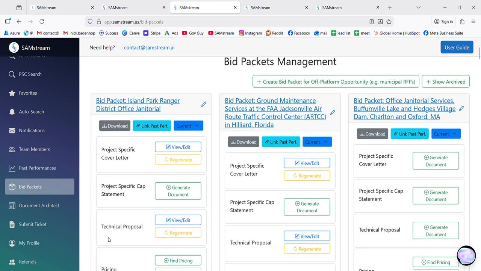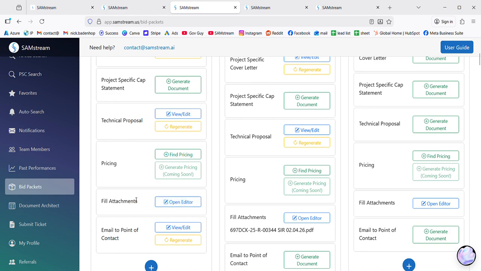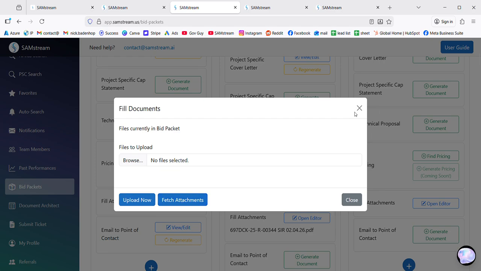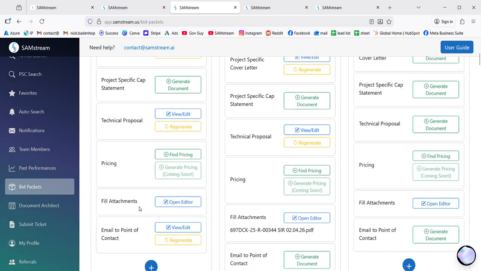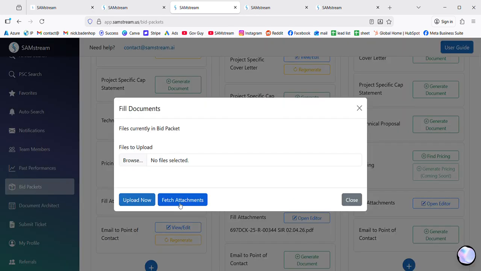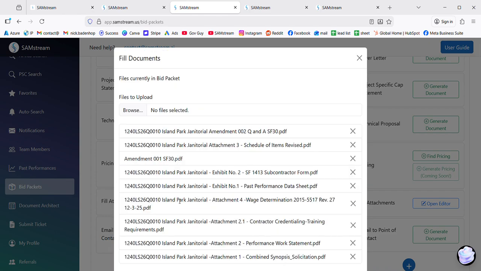So we've done our technical proposal. We've done our cover letter. Now we need to fill out our documents. We need to sign the proper documents, and we need to put in our pricing. So we used to, with sam.gov, have to download all of the documents, upload them to a document filler, or print them off, wet ink them, and then scan them back in. We have taken all of that out, and you just hit fetch attachments, which pulls all of the attachments straight from our server and uploads them into